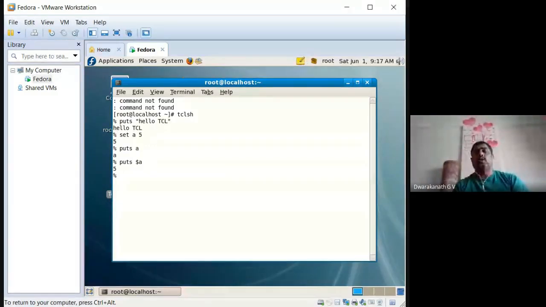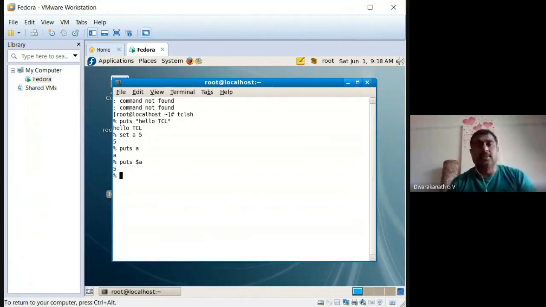Usually students, while doing a program, will feel this is a small thing. But while doing a big program of 50 to 60 lines, if you forget to put a dollar for an A somewhere, assume you are doing some manipulation and somewhere you have forgotten, then A will be treated as just a character. So keep in your mind: if you want the value of A, $A is a must. You have to keep these things in mind always.